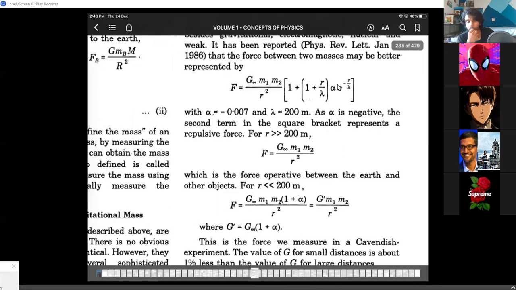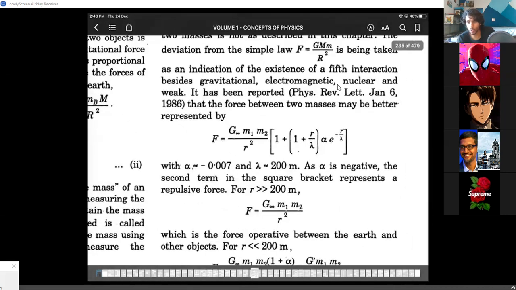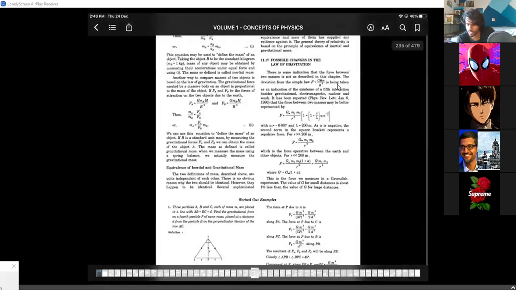But look at this fact: the law of gravitation doesn't work in a certain range. For normal bodies it works, but beyond a certain range of bodies it doesn't really work. And they actually change the law to this. You can go through this paragraph, which is on the last page of gravitation. Just go through it. It doesn't really make sense at this point, and there are no problems regarding this either. It's just an idea that the law of gravitation is not limited to G m1 m2 by r square, and there is more. That is the statement he just wants to make.